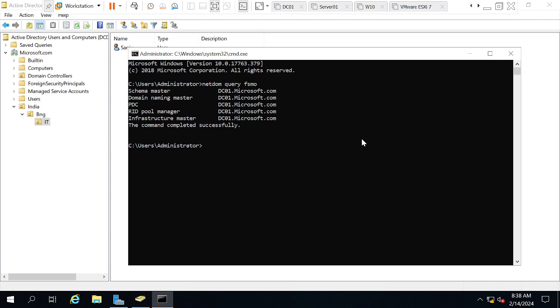When you install the Active Directory in the root domain controller, all the 5 roles will be in the same server. So later, you can move this FSMO role from one server to another server, or you can keep one role in one server, or 2 forest-wide roles in one server, and 3 in another server. You can play however you want, but Microsoft recommends you to keep them in at least 2